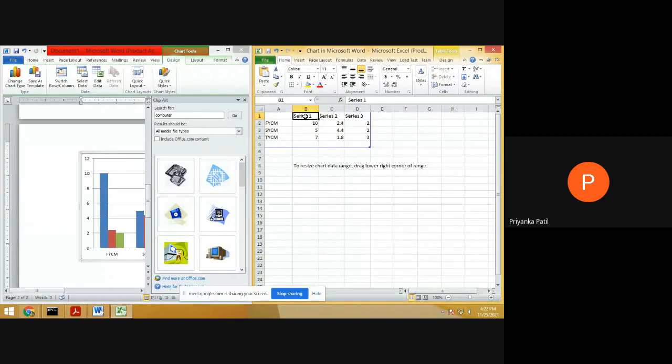Here is the subject. For example, if you want to display the subject for science, 8.